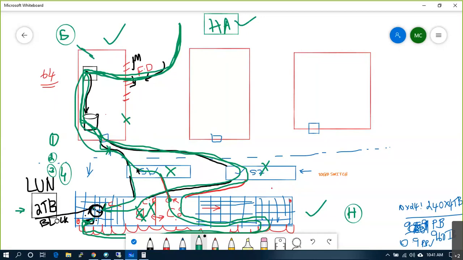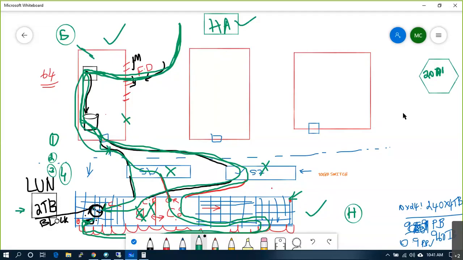Now I have a storage system. I said one storage system will be there in the whole building. So I have 2000 destinations. I said 2000 or 2500 destinations in the data center, which means 2000 plus physical servers. How many physical cables? 4000, two cables each, right? Agree on my point? So 4000 cables are trying to read and write data to the same controller 1 and controller 2. Only two controllers are serving 2000 servers. Imagine.